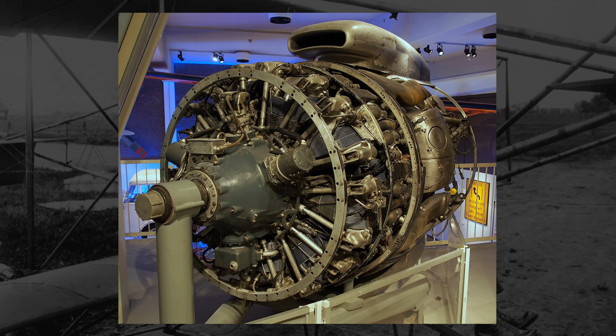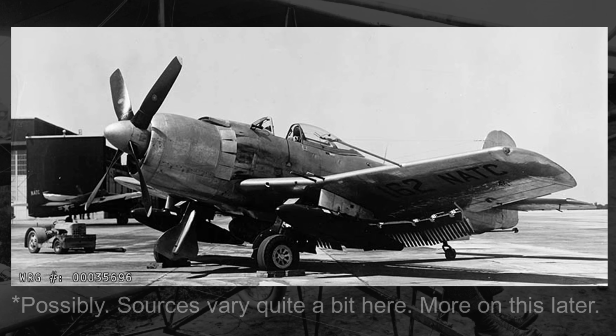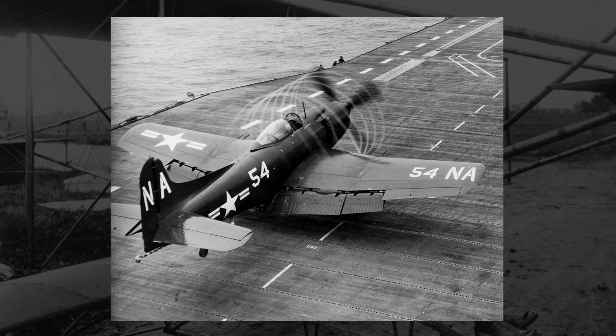Now, it does appear as though early versions of the Mauler, when it was called the XBTM, actually used the 4360, but later on this was changed to the 3350 somewhere in testing. We'll get to the point where I think it changed later on. But anyway, again, combining this higher power engine with its tremendous gross weight would give the Mauler a rather middling top speed if compared to a fighter aircraft,